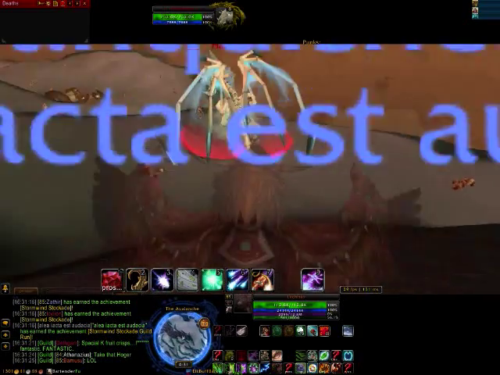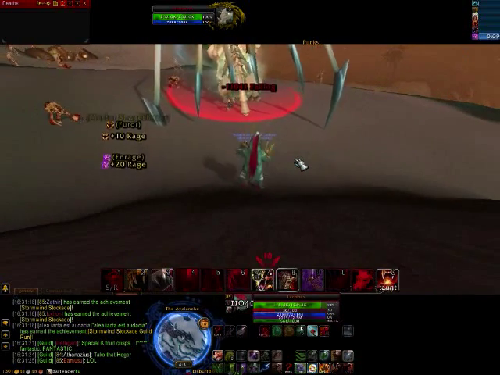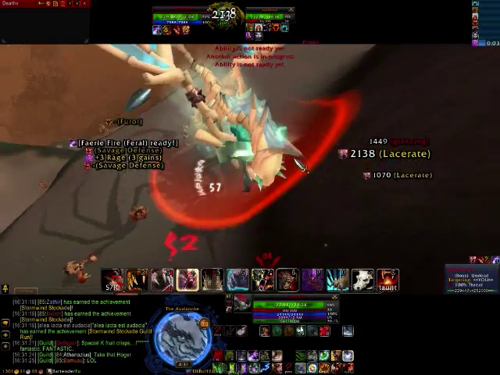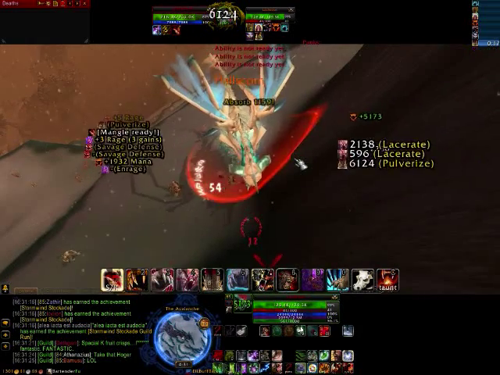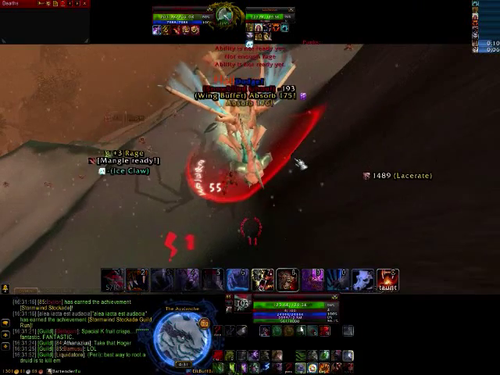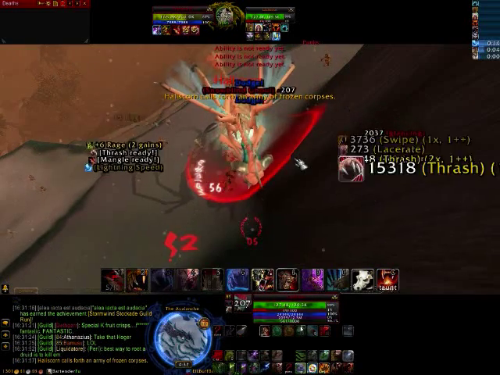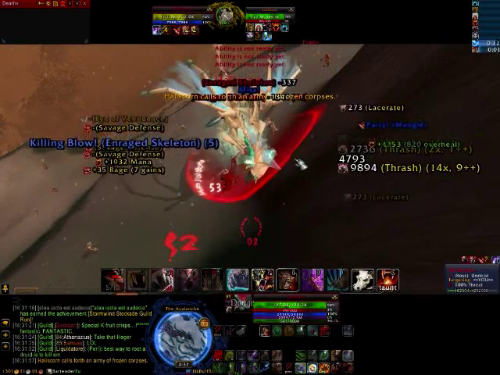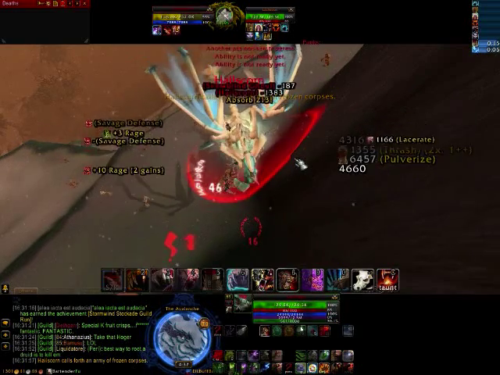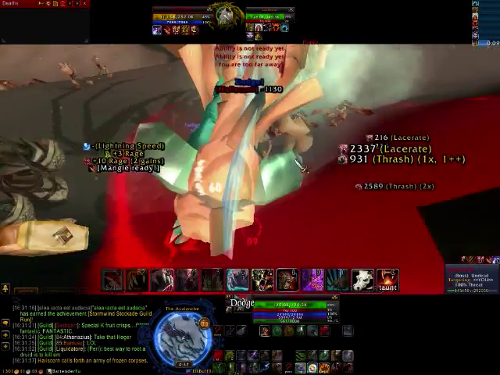Anyway, we're going to do it one more time. This time we're going to do Haliscorn. So once again, let's get into bear form. Enrage, Fairy Fire, Mangle, Lacerate, Lacerate, Lacerate, Pulverize, Mangle, Swipe. Oops, I should have lacerated. And Thrash, but I don't really have a lot of rage. Mangle, swipe, lacerate, thrash after burping. Mangle, swipe, lacerate, pulverize, lacerate, mangle, swipe, thrash, lacerate, mangle,